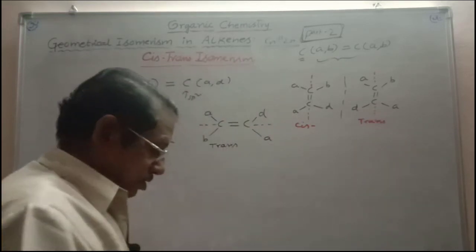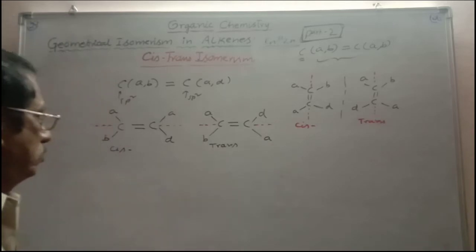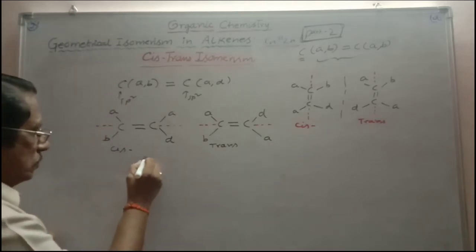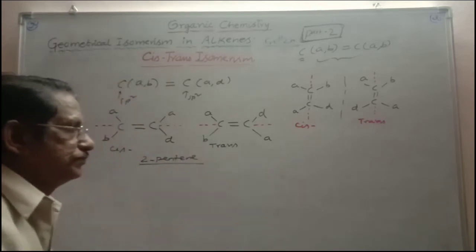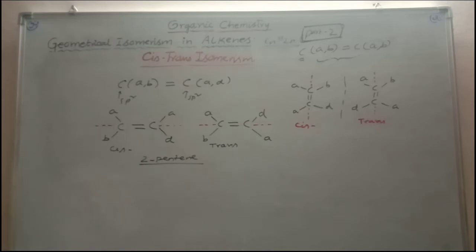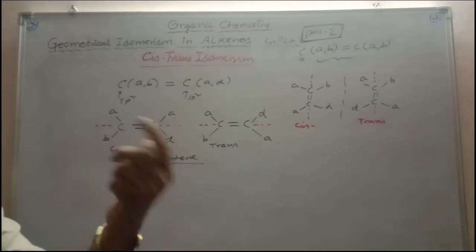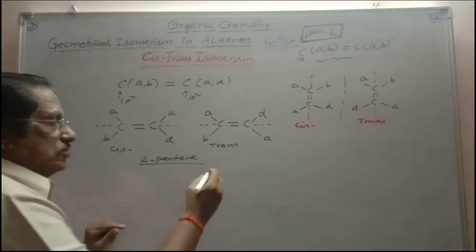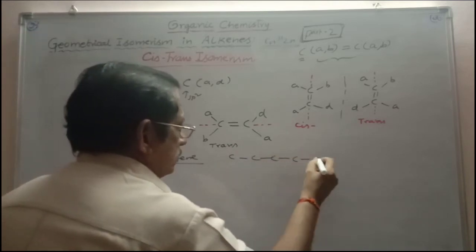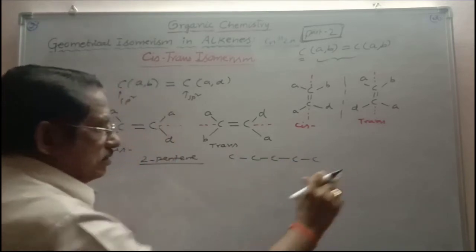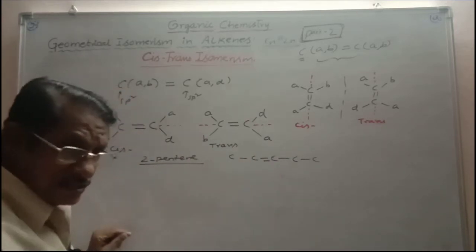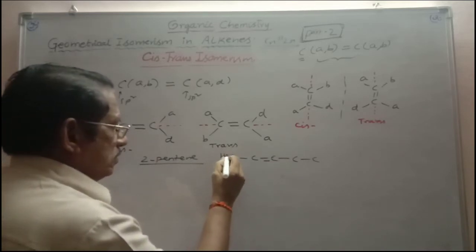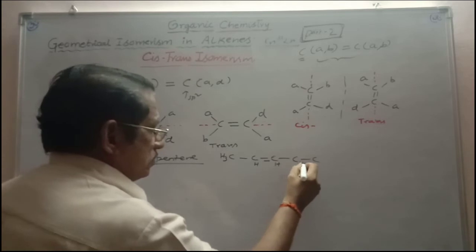Right? Now let us consider an example like 2-pentene. Never does 1-alkene exhibit geometrical isomerism because it starts with CH2 double bond C. In the case of 2-pentene, what is the structure here? C, C, C, C, C. There are 5 carbons in the chain. The ene is present in the second position, between 2 and 3. Adjust the hydrogens: CH3, CH, CH, CH2, CH3.